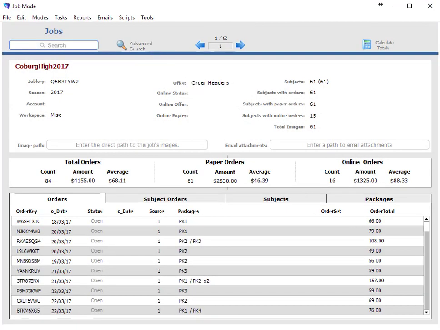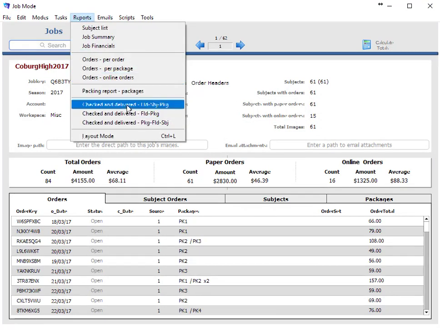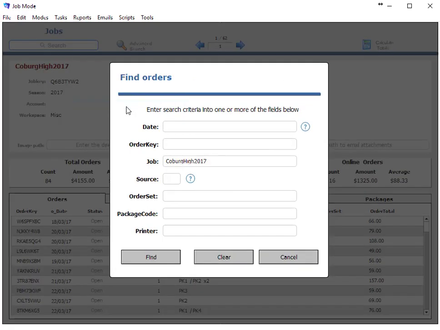The other report that we need to consider is the checked and delivered report. There are 3 flavors of checked and delivered reports in tsPortal. Play around with them, see which one suits you. The one that most closely mirrors the report that's in Neopack is the first one, which groups your results by folder, so by class, teacher, homeroom, however you've organized your data, then by subject, and for each subject it lists their packages. The other 2 have a play of them as well, but this one is the one that closely mirrors what's in Neopack,